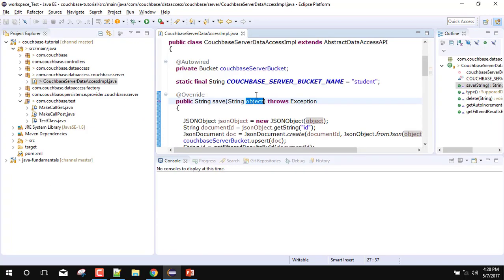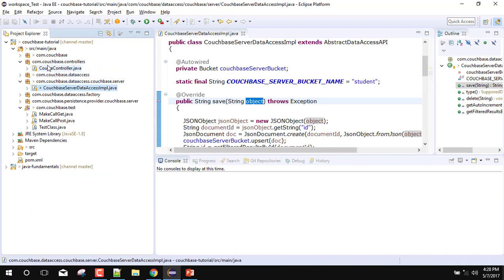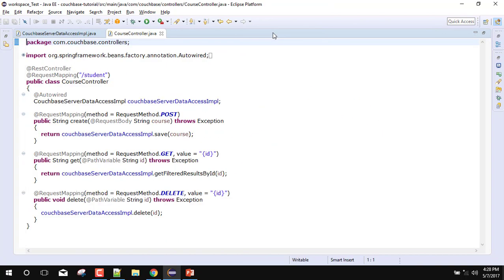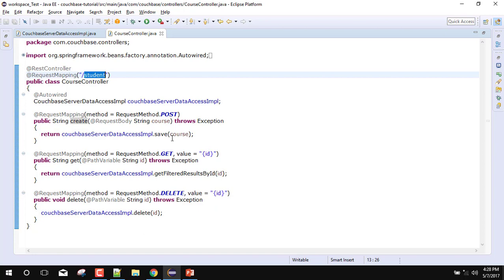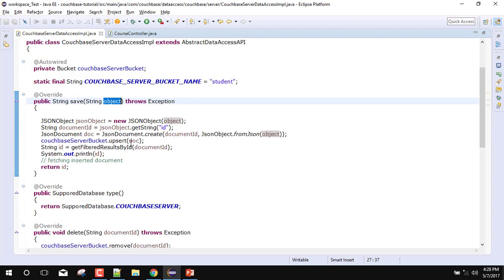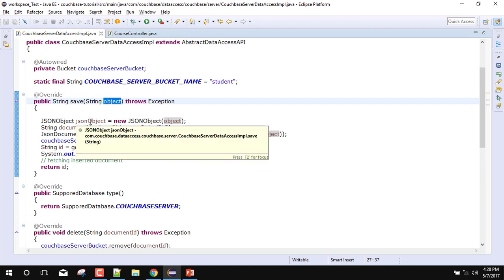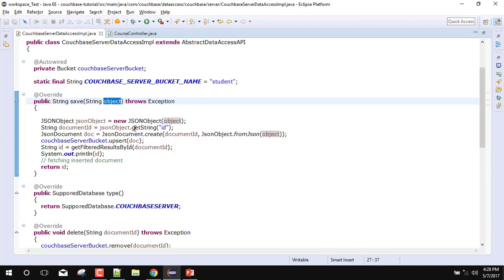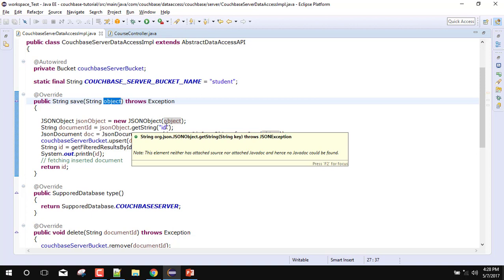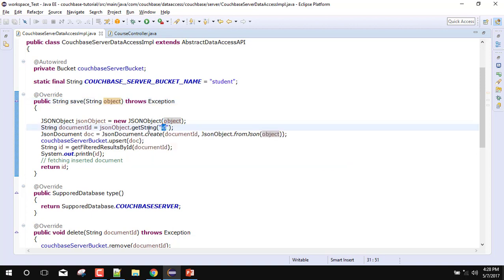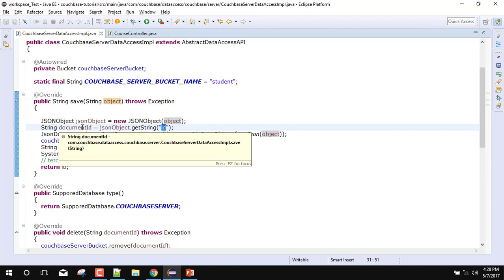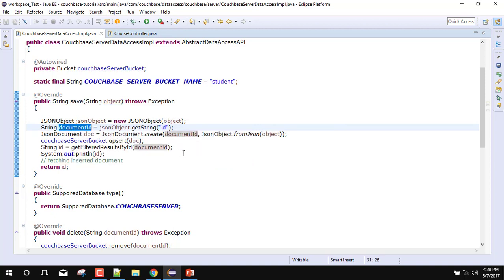In the controller, you can see that we have one create method for this student URL, and this will call the save method of the data access Impl class. After that, this is converted into a JSON object, and we fetch the ID field of the JSON object, which will be treated as the document ID of the Couchbase bucket.